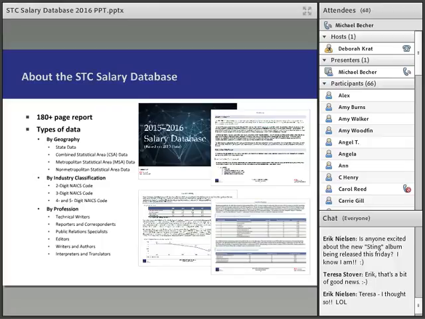So what that allows you to do is identify where you live. I, for instance, live in Columbus, Ohio, so I would be able to go into this report, find Ohio, and I also know that Columbus, Ohio is the MSA area, and I could look to see what technical writers are making in both the state and my metro area. So it allows you to really dig deep into the data, narrowing in on the information most important to you.